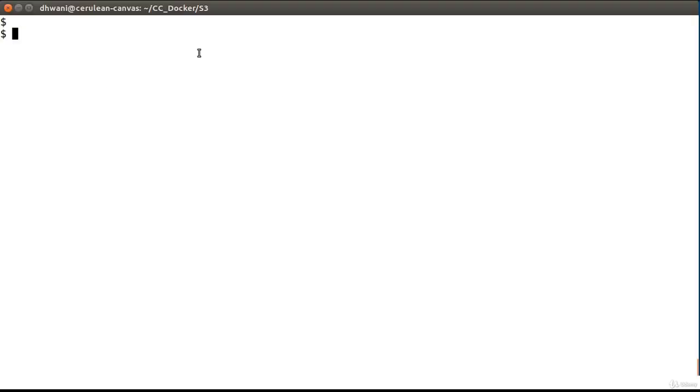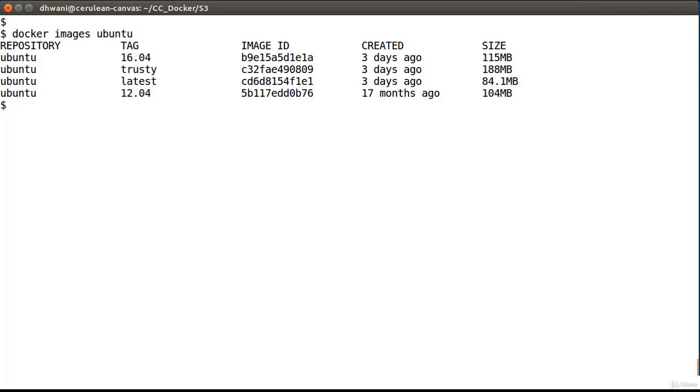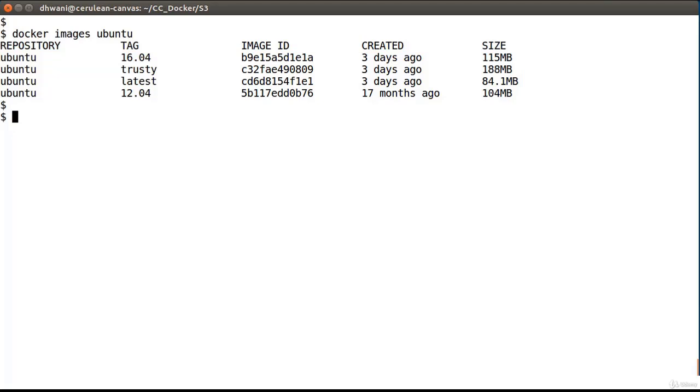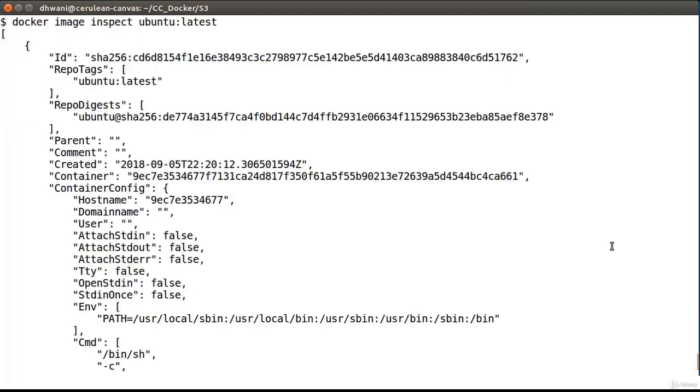Let's list out all of the Ubuntu images available on our local machine by writing the command docker images ubuntu. There we are. We have 4 Ubuntu images with different image tags under the Ubuntu repository. Let's inspect the ubuntu latest Docker image. Type the docker image inspect command followed by the image name that you want to inspect. We will type ubuntu latest here. Press enter, and as you can see, it has displayed the detailed information about the latest Ubuntu image in a JSON